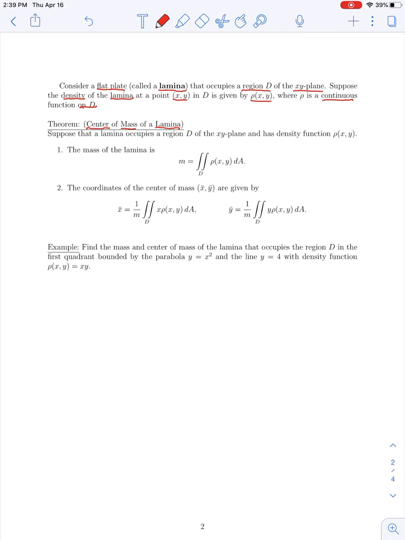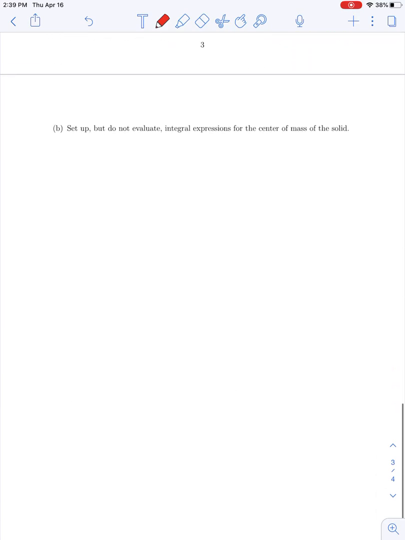So here, let's consider that problem. Let's suppose that we have a lamina occupying a plane region D in the xy plane, and it has a density function rho of xy at any point. So we could define the total mass of that lamina as the double integral of the density function over that region D. So we would add up its density at each point throughout that plane region in order to find the total mass. And then to find the center of mass,